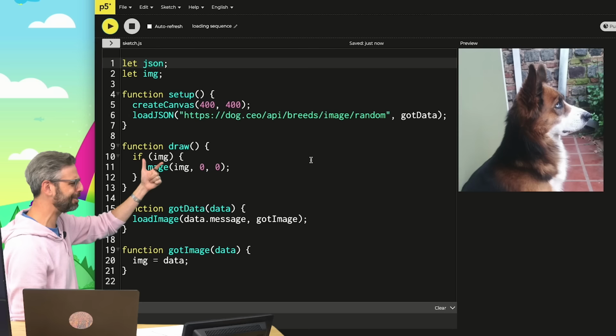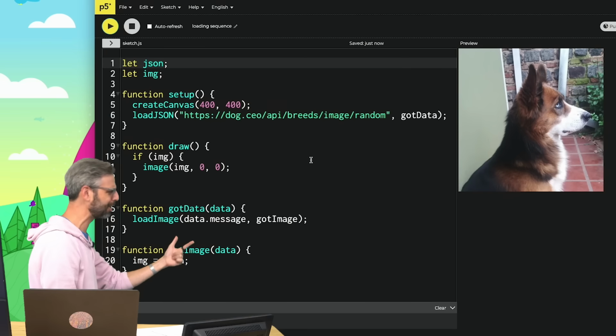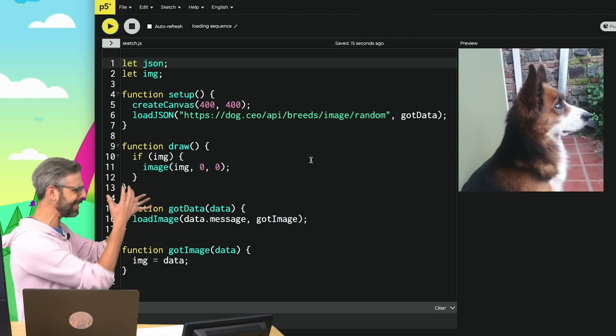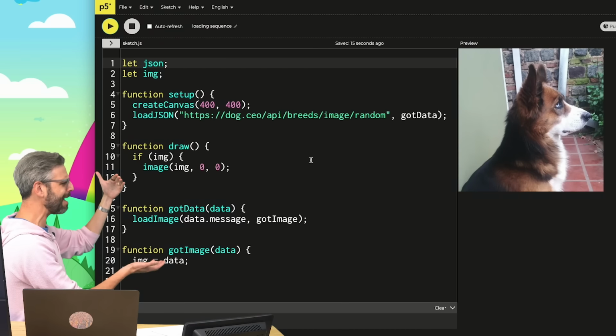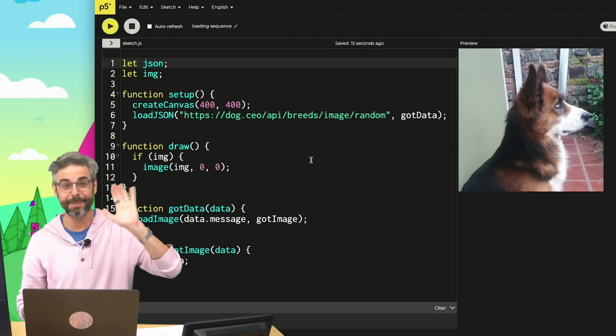I first load the JSON, then I have got data. Oh, and then in got data, the data comes in, I call load image. And then got image is the next callback, and I just can't keep track of what's happening where, and I've got 4 different functions in this code. Guess what? Let me switch to p5.2